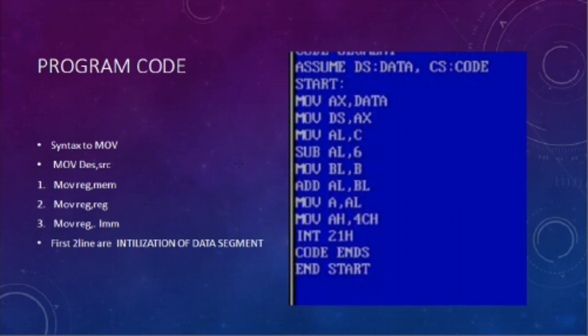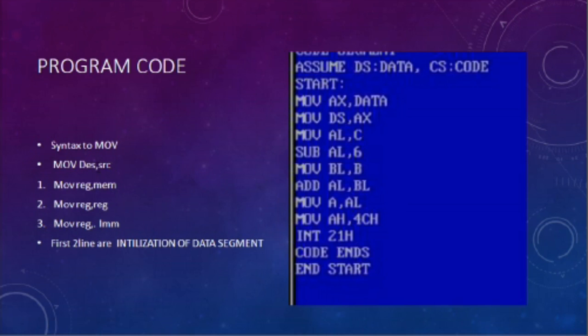Now the next is MOV AX comma data, MOV DS comma AX. Here we are performing the move instruction. The syntax for the move instruction is MOV destination comma source. The move instruction copies the second operand, that is the source, to the first operand, that is the destination.